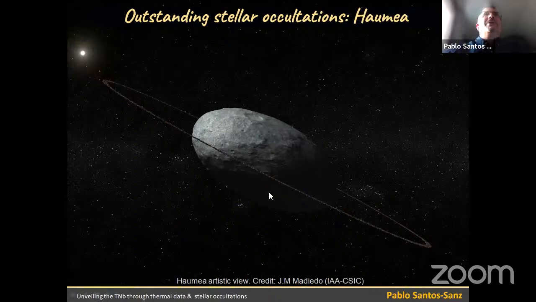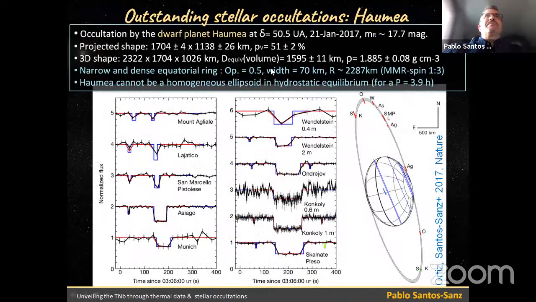Well, we continue with another really relevant stellar occultation, that is the occultation by the dwarf planet Haumea. We obtain a 3D shape. One of the axes is close to the size of Pluto. This was a real surprise. We also obtain the diameter, the density, and we discover a narrow and dense equatorial ring at around